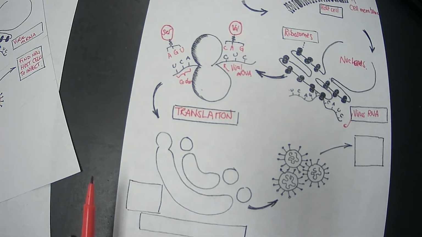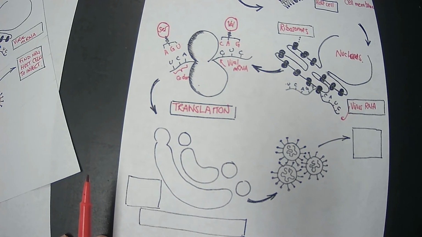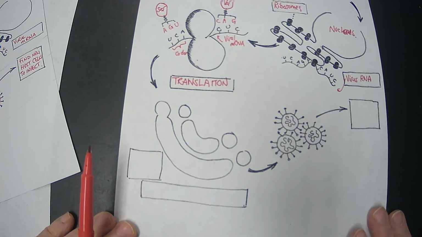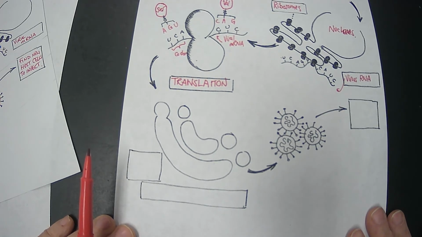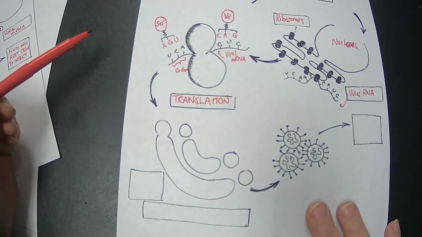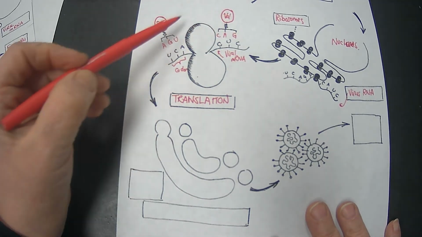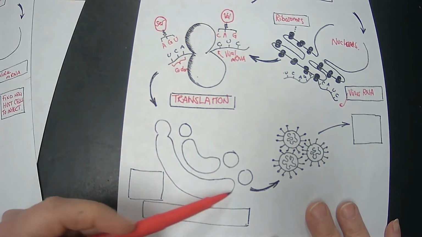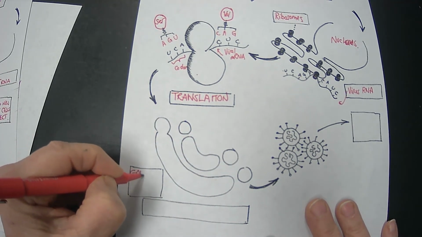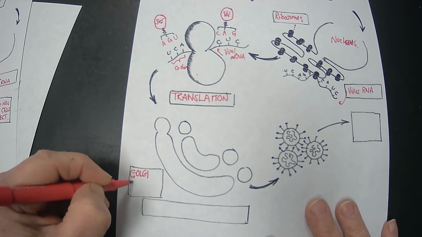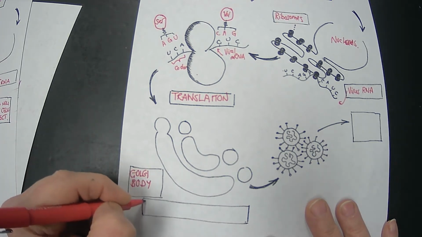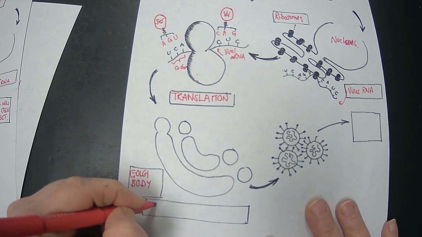Now, making proteins is a bit like buying some flat pack furniture. It comes in all these various parts and you have to put them together. So once all these proteins have been produced, they need to come to this organelle, which is the Golgi body. And again, if you go back and look at that big picture of the cell you've got, you'll see that what happens in the Golgi body is assembly